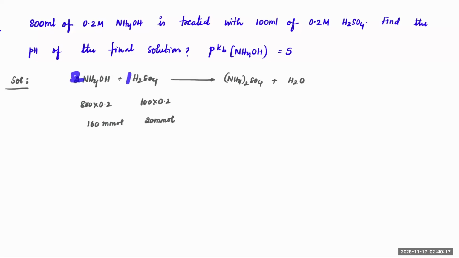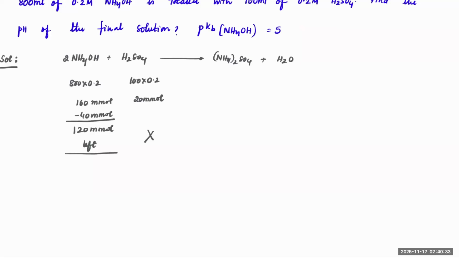For 20 millimoles we require 40. So minus 40 millimoles. That makes it 120 millimoles left. So this is the left amount of base you have. H2SO4 is not left over, and 20 millimoles will give you 20 millimoles of the salt formed,